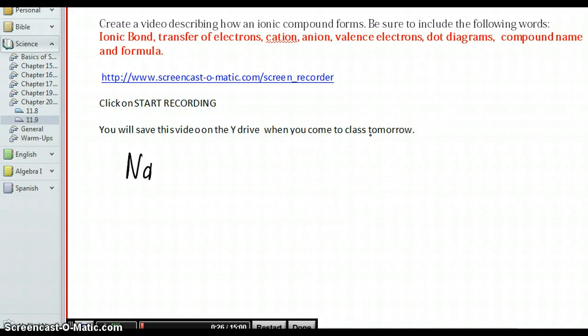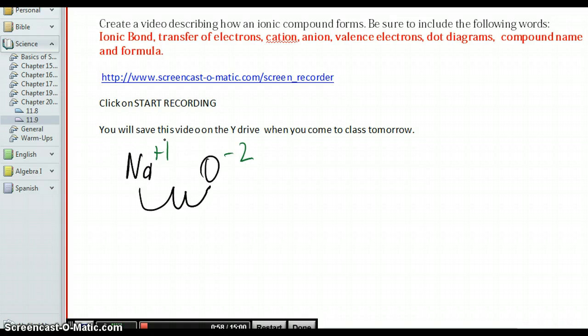and let's go with O, which is oxygen. What happens is oxygen has a charge of -2 and sodium has a charge of +1. I'm going to be using the Criss-Cross method here. And what happens is Na, which is sodium, is a cation and oxygen is an anion, and what